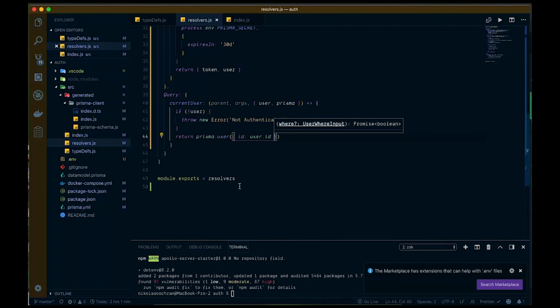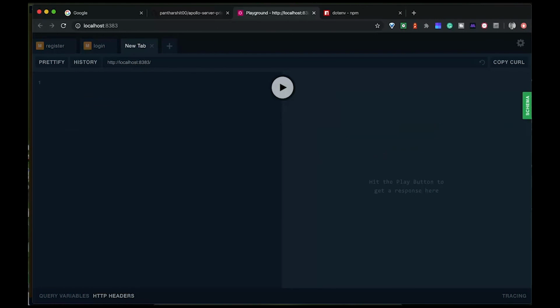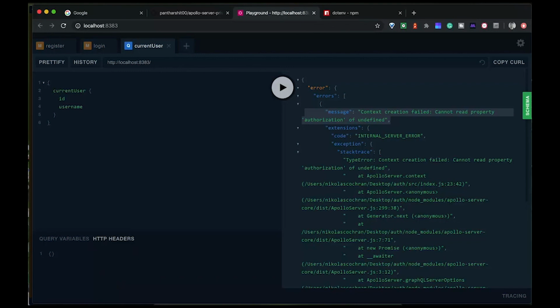So now that that looks okay, let's go back to our playground here, and let's create a new tab. And for queries, for mutations, you write mutation, but queries you can just do in brackets. You can write query too, but you can just do in brackets. So we're going to get current user, and we're going to go ID, and we're going to go username. So this should actually throw an error because we're not passing in any token or anything. So we see cannot read property authorization of undefined. So because we haven't passed in our HTTP header here,